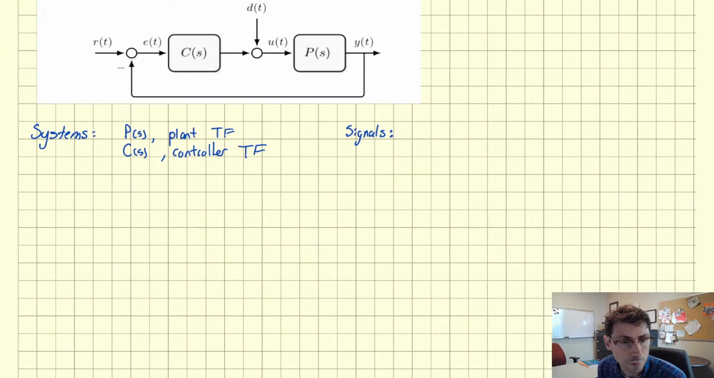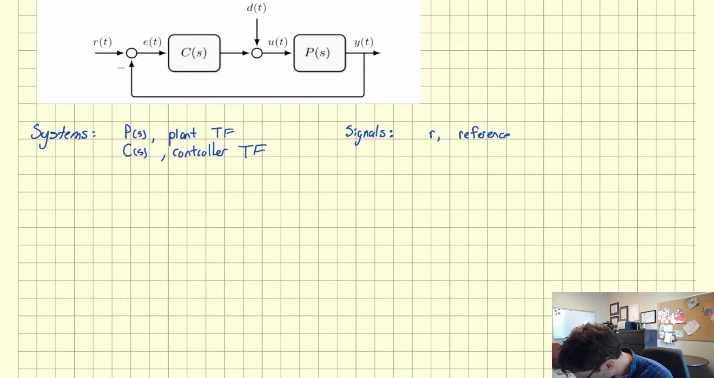Okay, and I'm just going to go through them to remind you of what they all are. So R is the reference input, or sometimes called the command input. It represents the desired value of the output. D